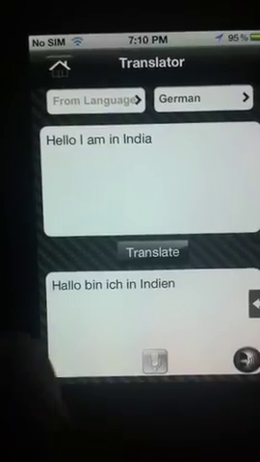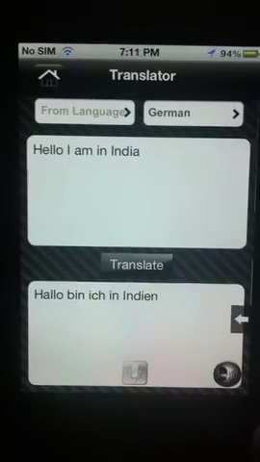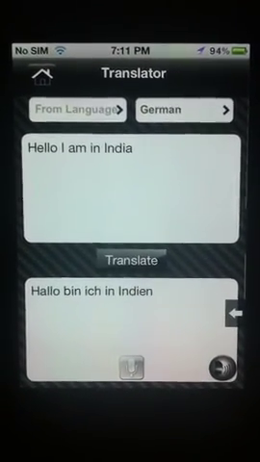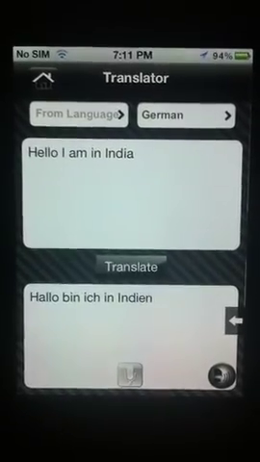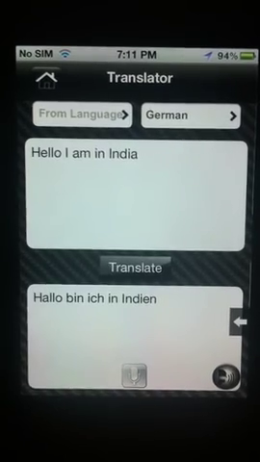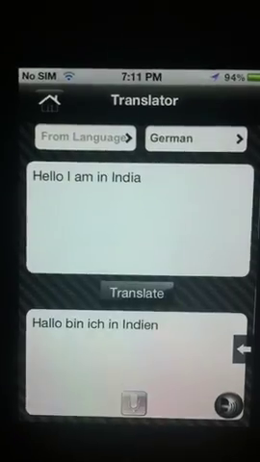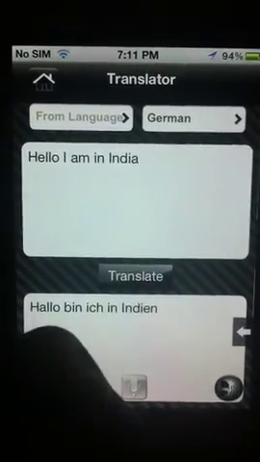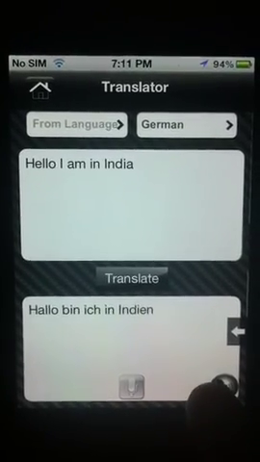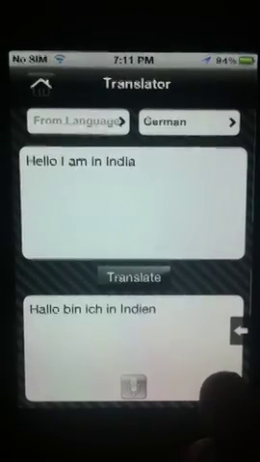So it had shown the translated thing in the down text box. So if I'm not able to read the local language words, I can just have a pronunciation back to me, or I can listen, so I can communicate this text to the German speaking person. So I will just have a speak button here. I will press it and it will give the pronunciation.